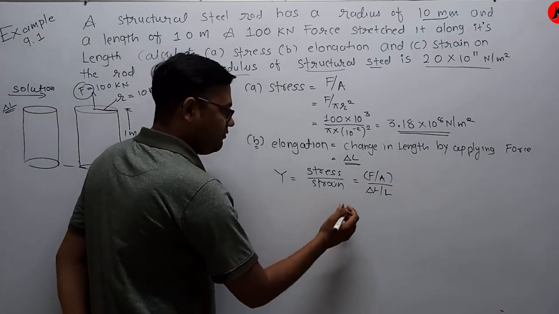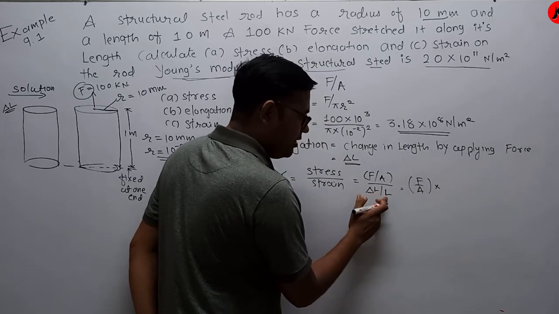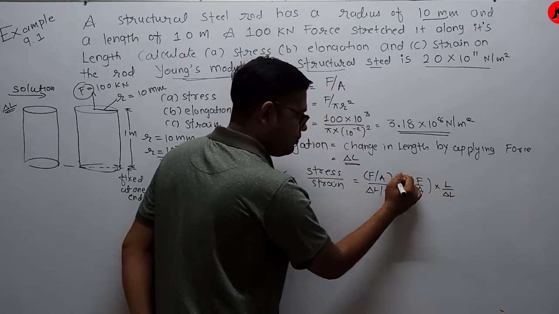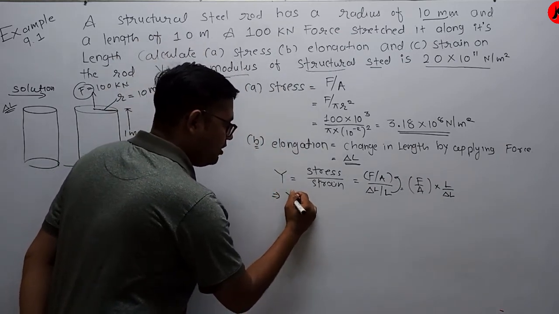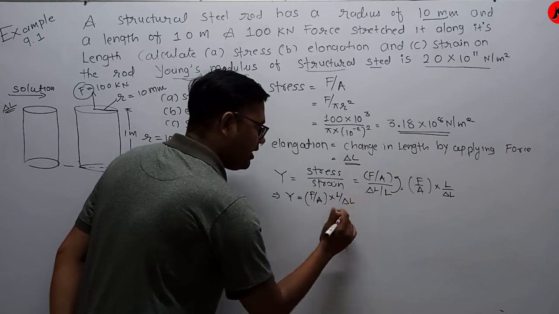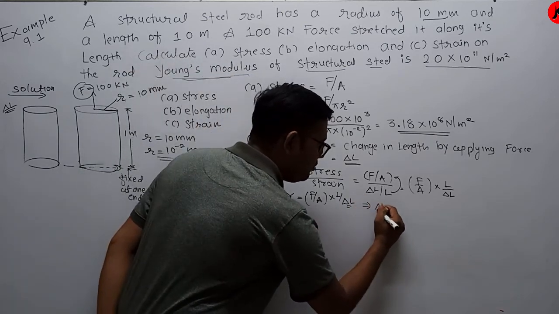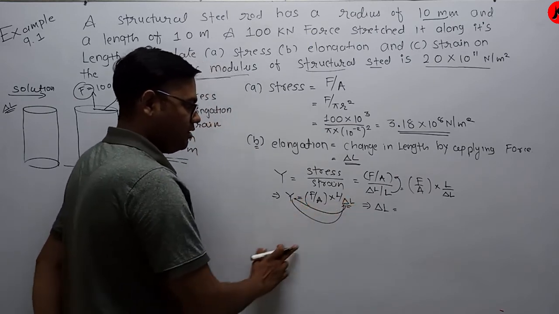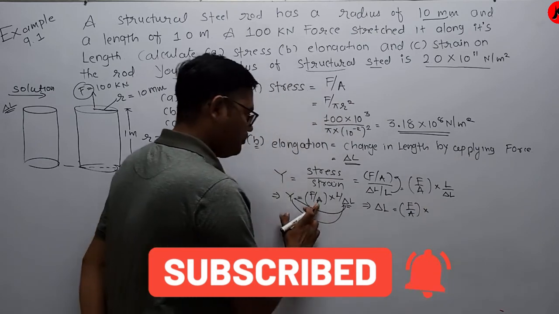So from this equation we can simplify. F by A into delta L by L, if I simplify, now the equation becomes L by delta L. That term goes up, so we get L by delta L. So here we have Young's modulus Y equal to F by A into L by delta L, and what we need to find here is delta L. In terms of delta L, the equation becomes delta L equal to F by A into L